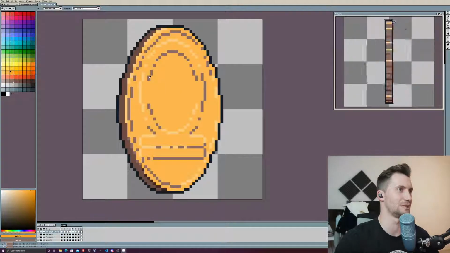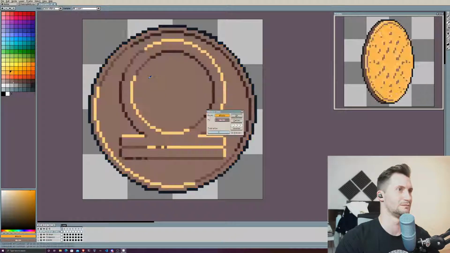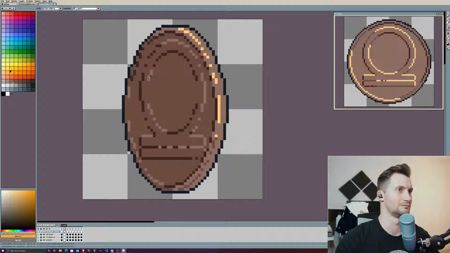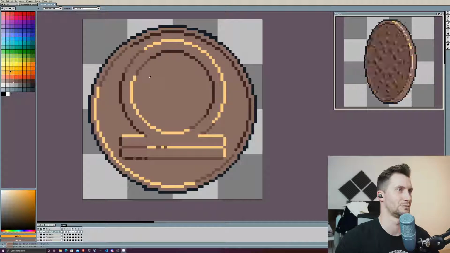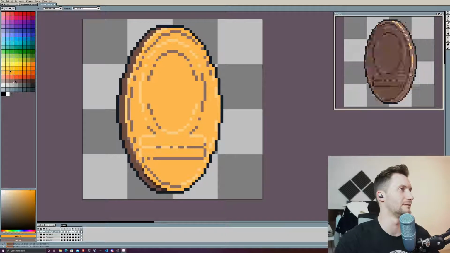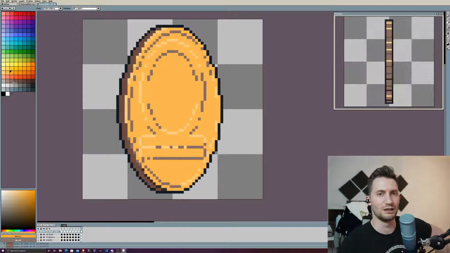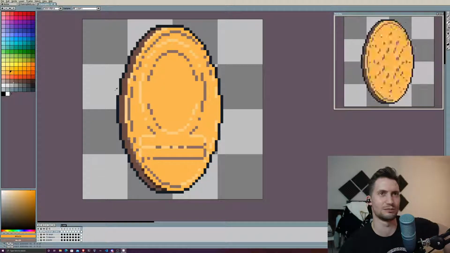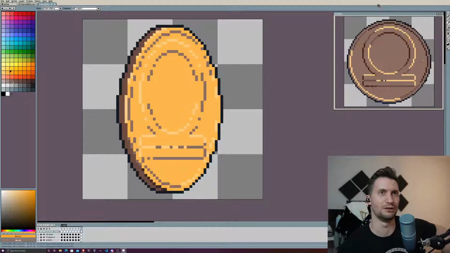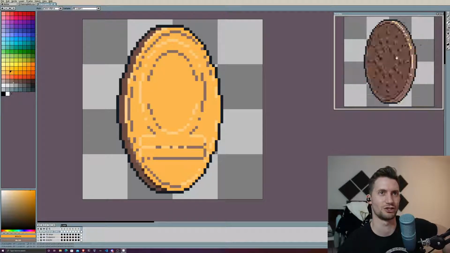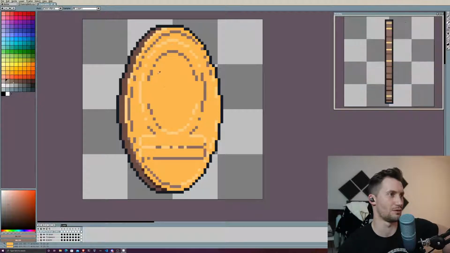We're getting there. Okay, we just need that highlight. And to be honest, having a white like this or a yellow like this would actually kind of work with the brown. You can see here, it looks like it actually does catch the light. But we're not gonna do that. We're just gonna go pure brown.